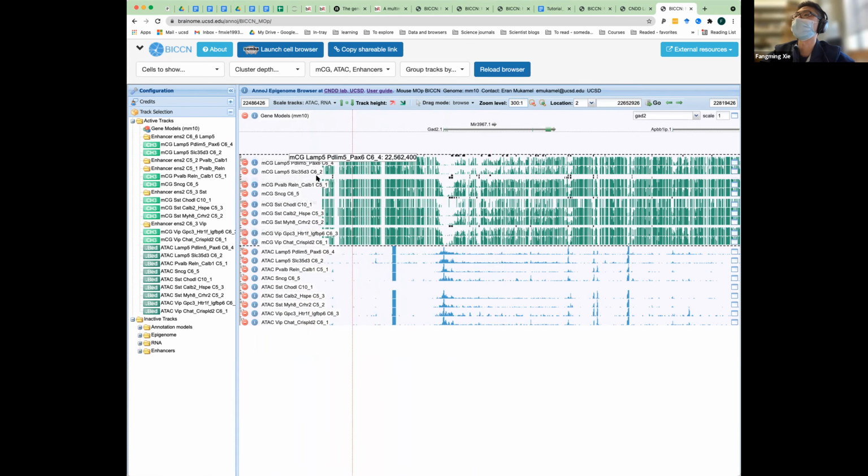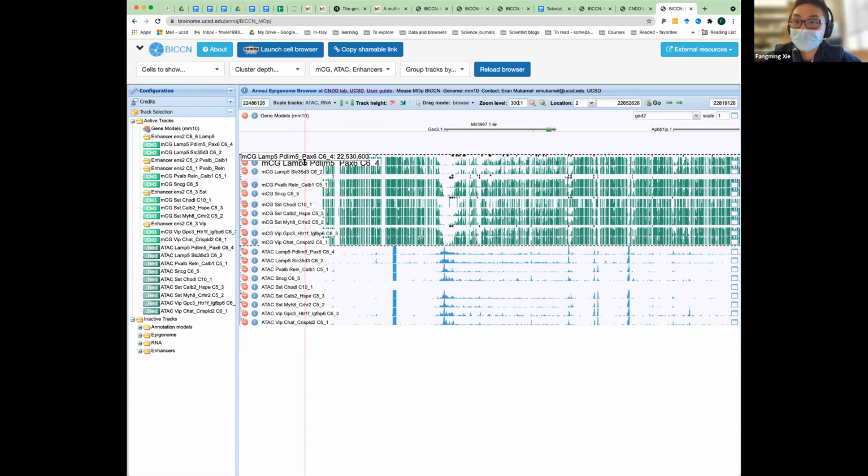Obviously, another thing you want to do is to control which tracks you want to show. Each track is a specific data modality for a specific cell type. For this particular track, it says mCG. First of all, mCG means it's DNA methylation at CG sites. And then the following strings specify which cell type it is.